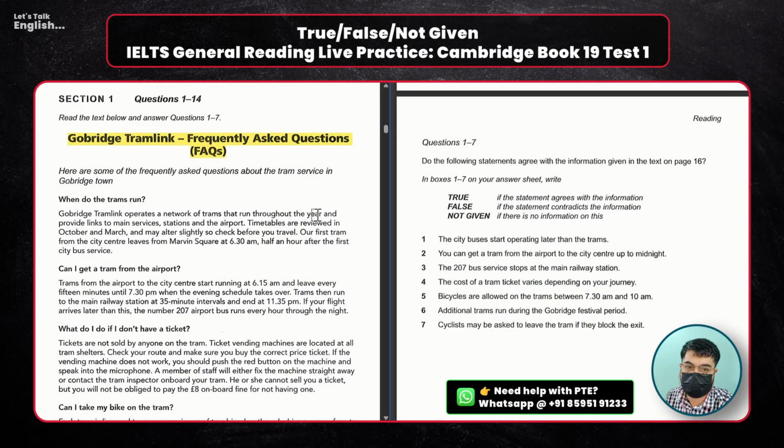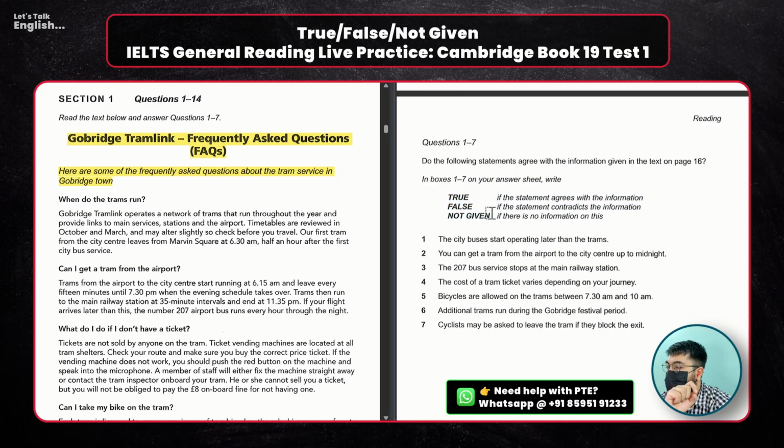So coming back, the very first thing that we do is we read the title and the excerpt, and that says Gobridge Tramlink Frequently Asked Questions, FAQs. Here are some of the frequently asked questions about the tram service in Gobridge Town. When do the trams run? Gobridge Tramlink operates a network of trams that run throughout the year and provide links to main services, stations, and the airport. Okay. Next thing that we need to do is understand that this is a true false not given